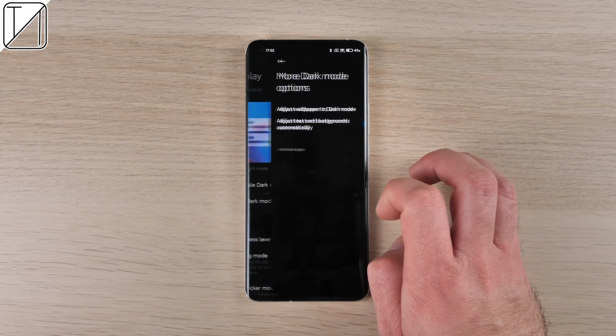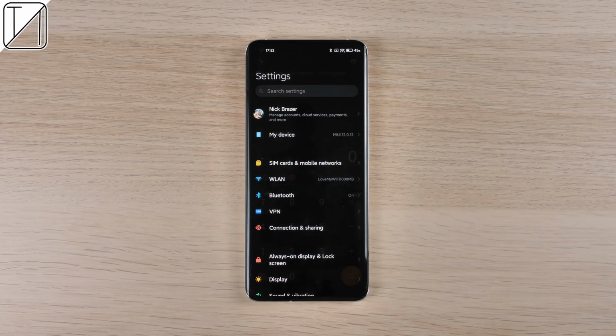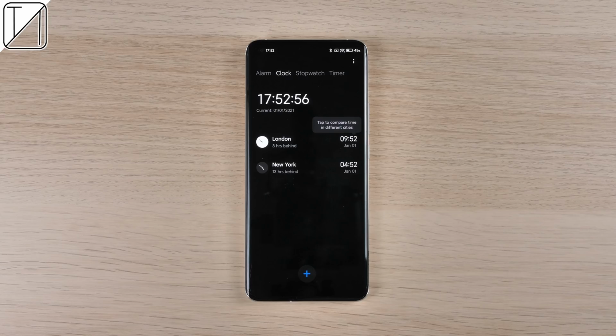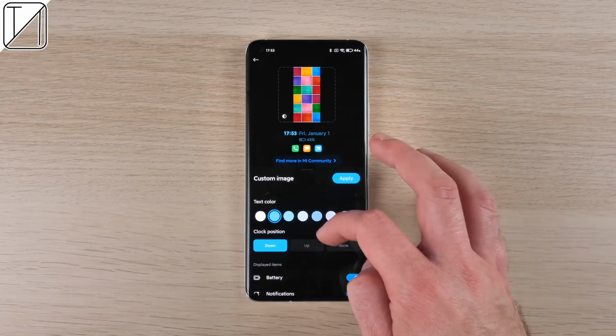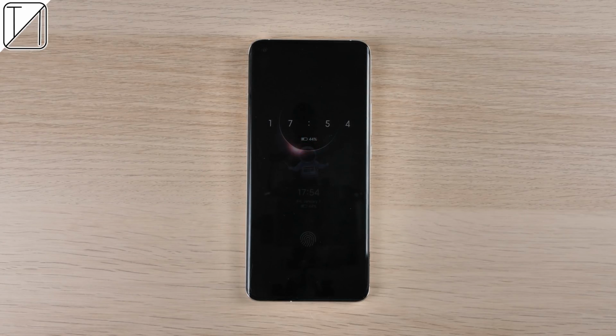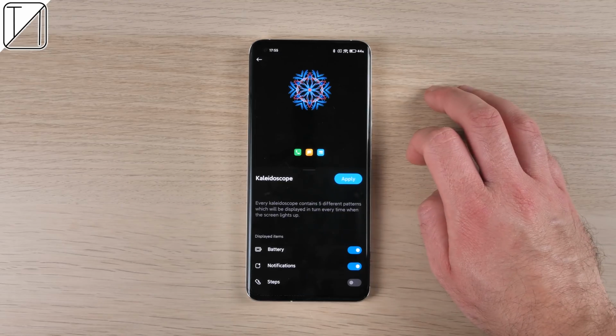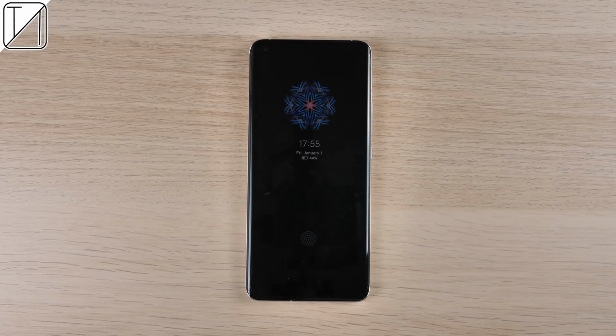I really like the little transition over there, and it does work with third-party apps quite well, and of course first-party apps, no problems over here. We have an always-on display, of course, because this is a Super AMOLED panel, and you can customize it a little bit. You can add your own picture, and so on and so forth. And we also have the cool ones that we've seen on Xiaomi devices of yesteryear. We also have the kaleidoscope one, which looks pretty great, though you cannot customize it like you do see in